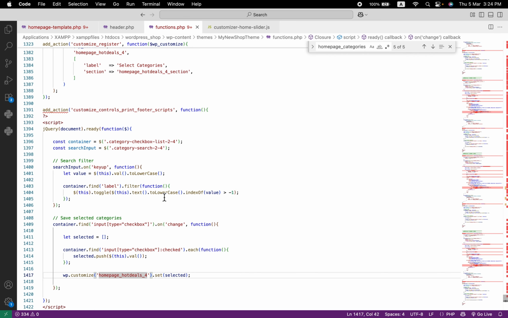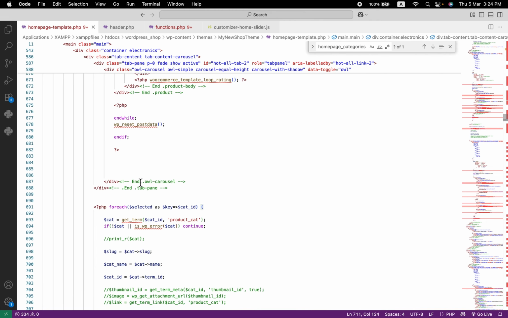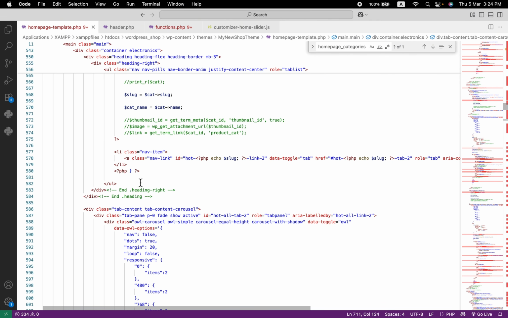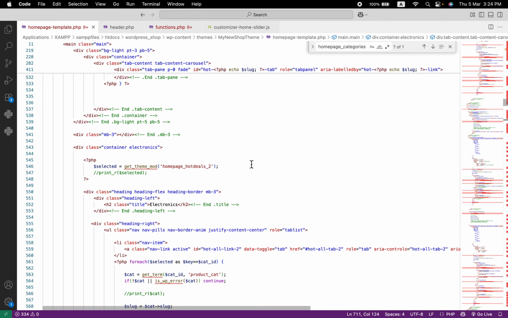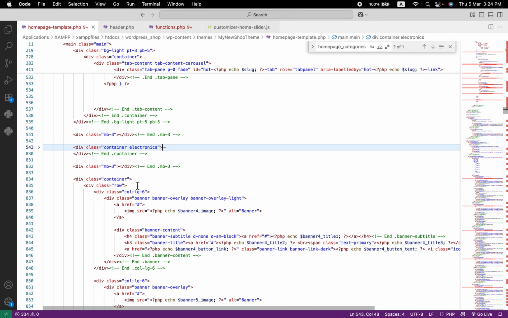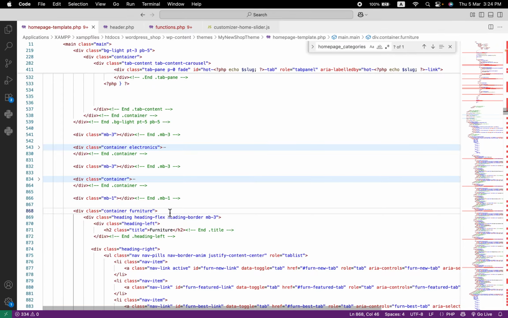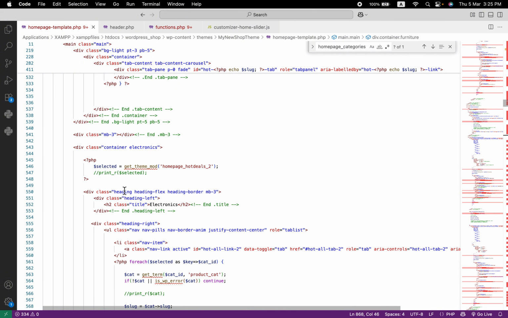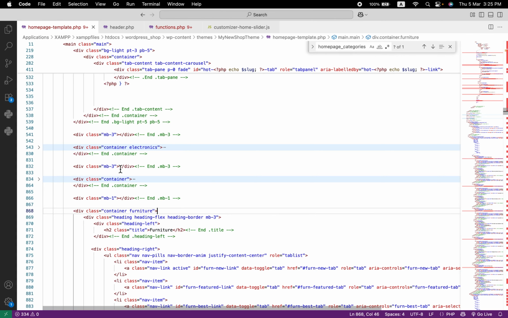So this is very simple. Now just go to home page and scroll up where we got this one. So let's minimize this and then minimize the banner section as well. We have this furniture, this one. So within that, you can see we have our heading electronics, anything there will be copied and pasted into this one. So let's just first copy this whole section and paste it here,